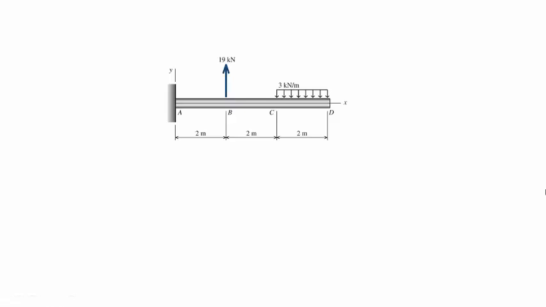Right, we are going to be solving for the reaction forces as well as the shear force and bending moment diagram for the cantilever beam shown on the diagram. You can see that it's subjected to a concentrated load of 19 kilonewtons acting upwards at 2 meters from the fixed support, as well as a uniform distributed load that is acting on the last 2 meters of the cantilever